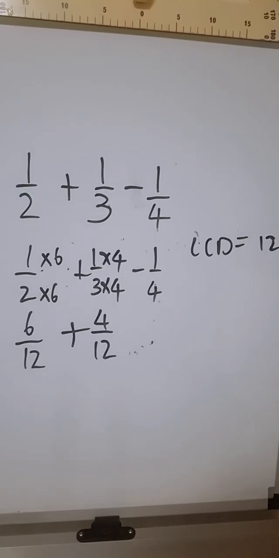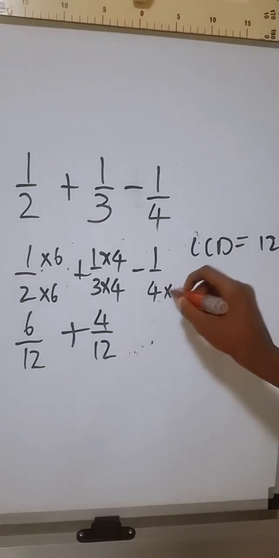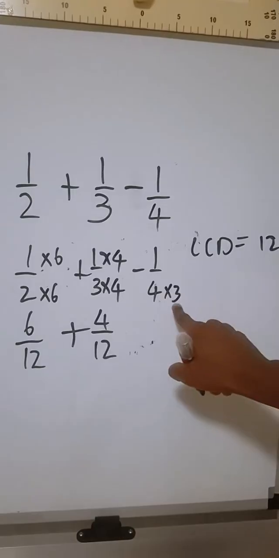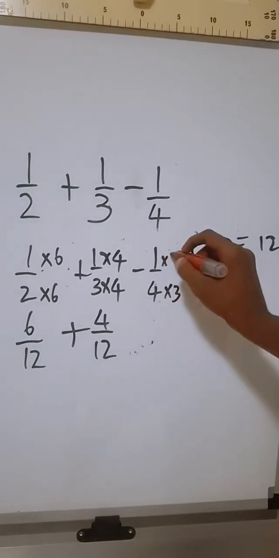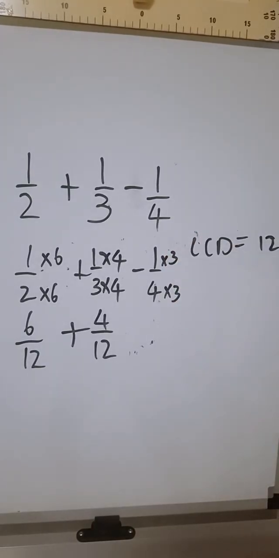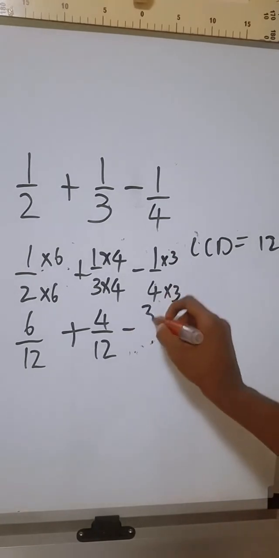Yes, 3. We times by 3, right? 4 times 3 gives you 12. But what we do in the denominator, we do up there in the numerator. So we get,